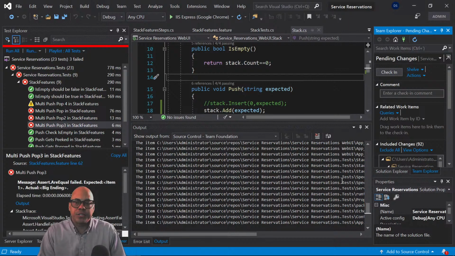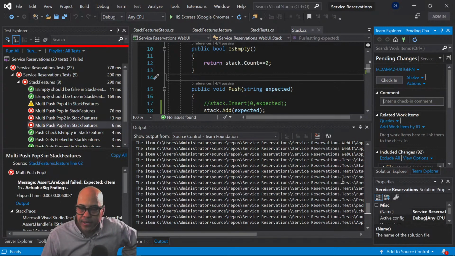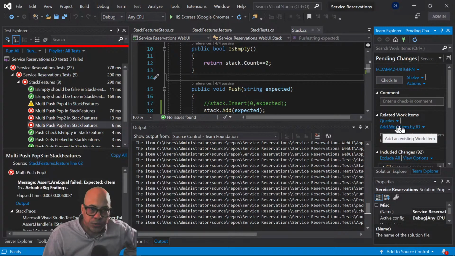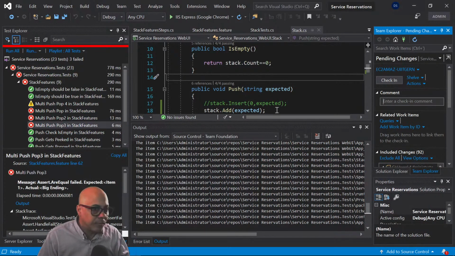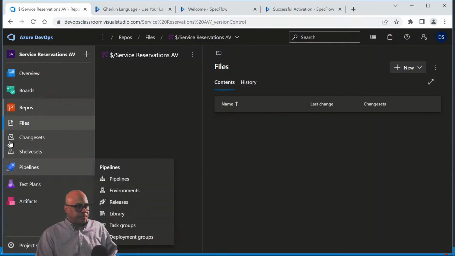Now, I haven't forced this action, but we can very easily force the association of this check-in with a task or work item that's been assigned to us. Now, I didn't force it, but we're going to do it anyway. But imagine, if you will, that I'd changed a couple other configuration settings inside of my version control, and I told it to not let anybody check anything in unless they add a check-in comment, and they also associate their check-in with a work item that's been assigned to them. Now, I forgot what that work item ID was, so I'm going to jump back over to Azure DevOps, and I'm going to go in here into boards.